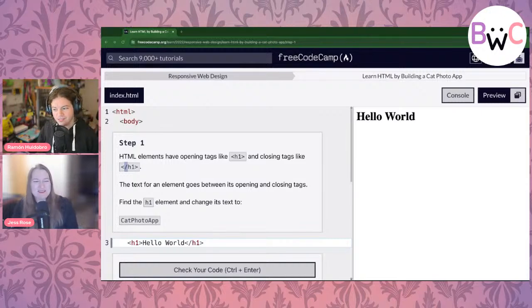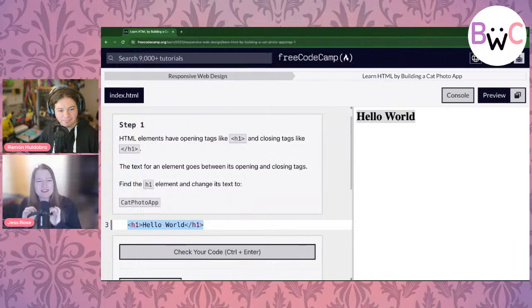Yeah. And here we can see side by side, we see the HTML we're working with, and then on the other side, we see it says hello world in big chunky text. Okay. So it wants us to change the H1 element. It wants to change the content inside these tags. So could you go to where the H1 is, yeah, right there, and delete only the text that says hello world, but leave both of those tags alone?